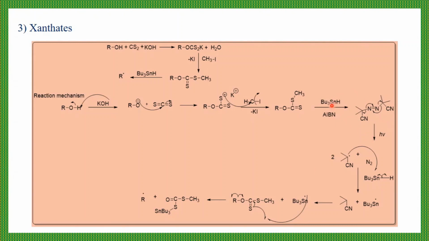So the tributyltin hydride in terms of AIBN. First this AIBN, azobisisobutyronitrile, it undergoes homolysis. It's an identical molecule, so the homolysis of the sigma bond takes place from both sides. In presence of heat or light, you will get this carbon radical. Then that carbon radical will react with tributyltin hydride, and this tributyltin hydride also undergoes homolysis.